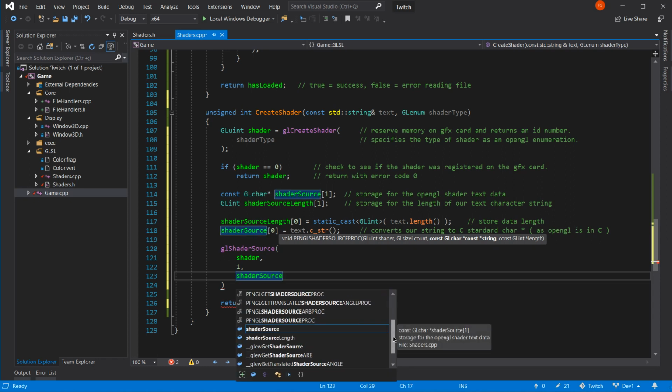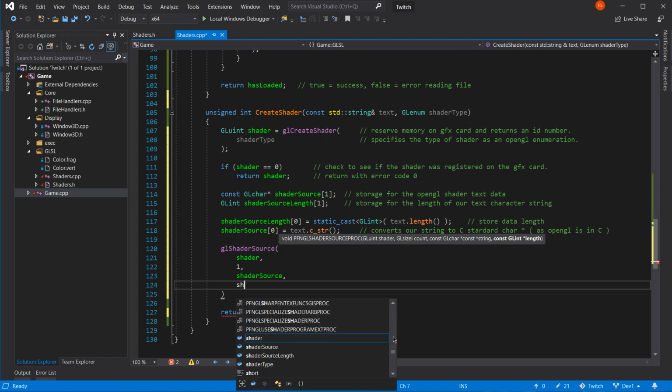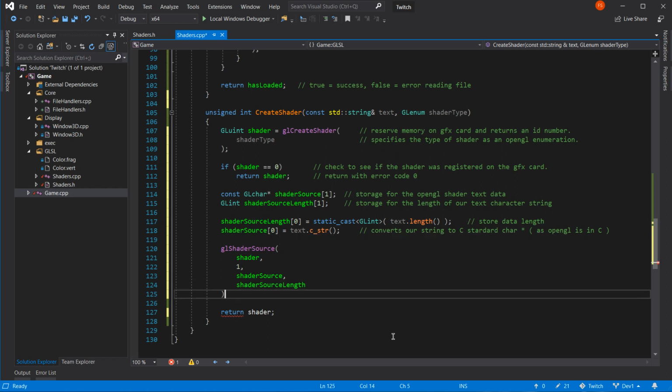Does that work? No red squigglies? Okay. Const GLint length. How about shader source length? Yeah? Magic. There you go. As easy as that.